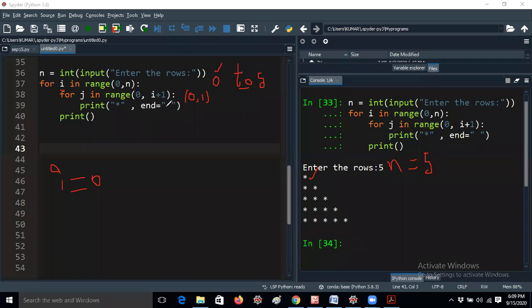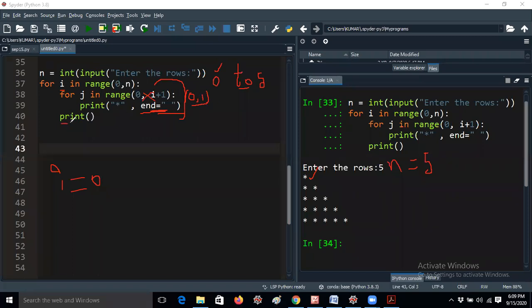One more thing I would like to tell you. After that print statement, it will go to this i plus 1 part. But here the condition has failed now, because 0 comma 1 means it will be printed one time, right? It will be printed one time. That's the reason it is printing one time. Now the condition is false here. That means the for loop will not be executed here.